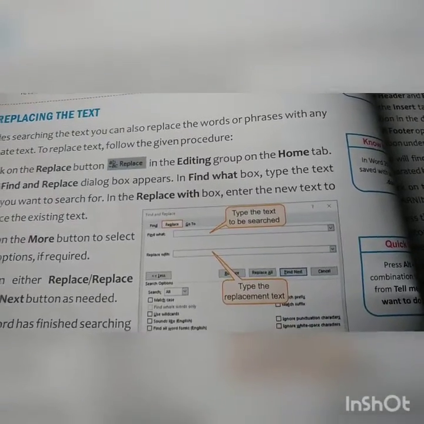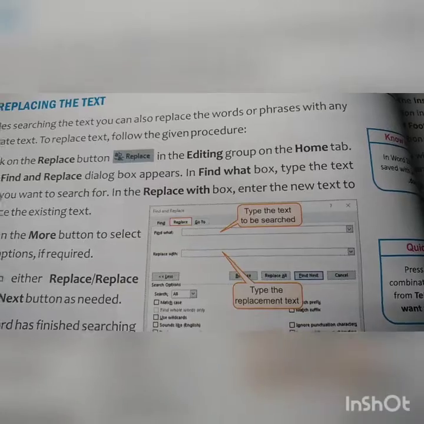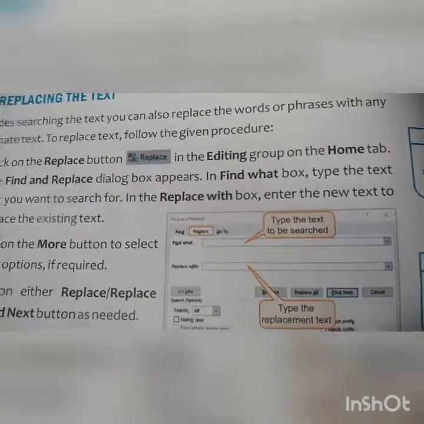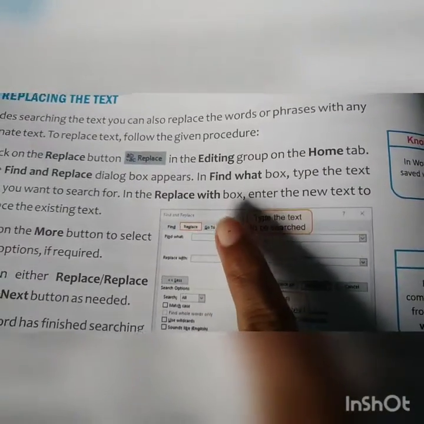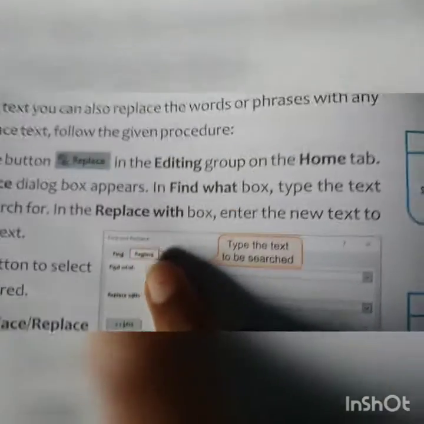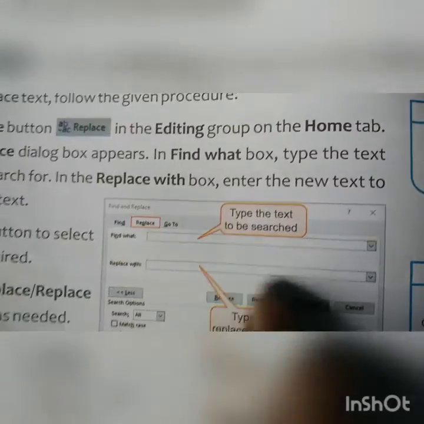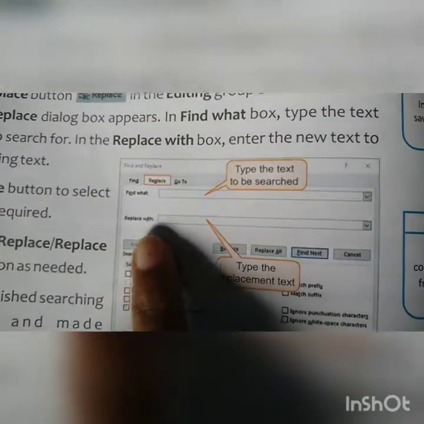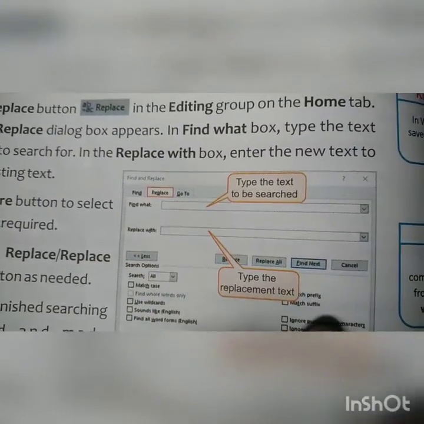The shortcut key for Replace is Ctrl+H. When we use the Replace option, it gives you two dialog boxes, Find what and Replace with. In Find what, you write the text to be searched, and in Replace with, type the replacement word.